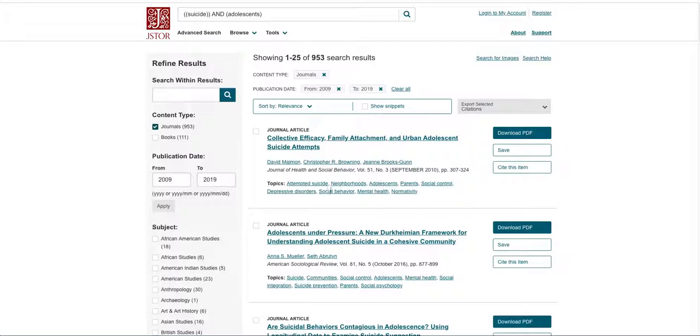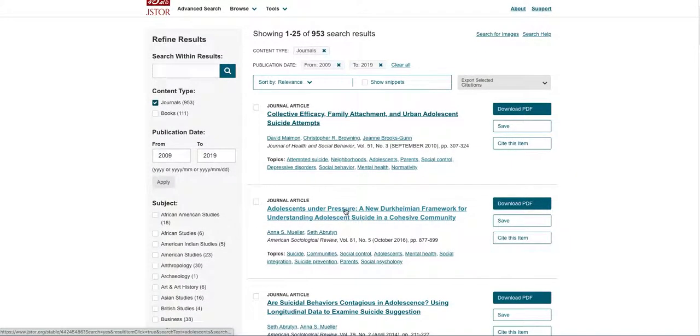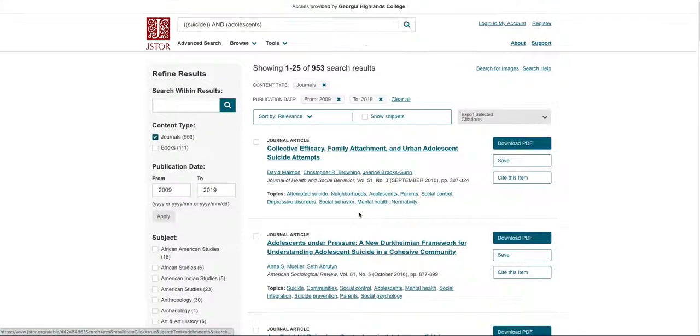And again, they're sorted by relevance, so they will go down accordingly. They will get further and further away from your search terms. At the bottom of the results for each entry on the results list, you'll see these topics. And this can help you narrow down by certain topics or subject areas that you would like to look at